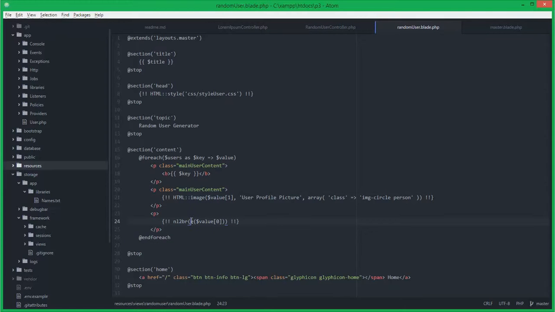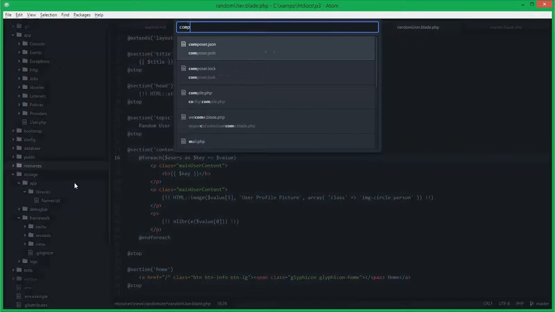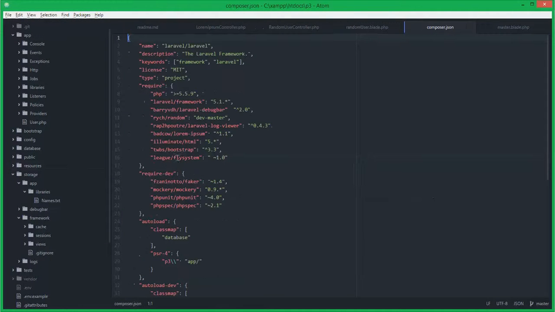This is to identify the next line, and also a profile generator, which is again utilized by an HTML facade, which has been required. So if we see our composer.json, the values required include illuminate HTML for the HTML facade, file system for storage, and Bootstrap in order to get the Bootstrap capabilities.